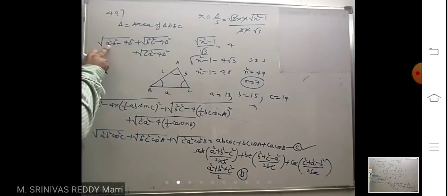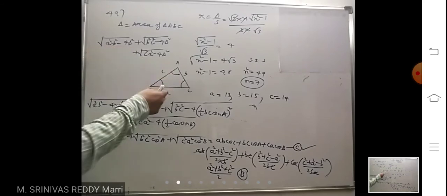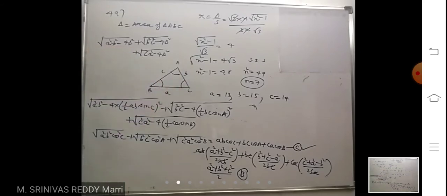Just look at here, A square B square is the delta formula. You write what is there in terms of AB. If you write that, you will get it easily.